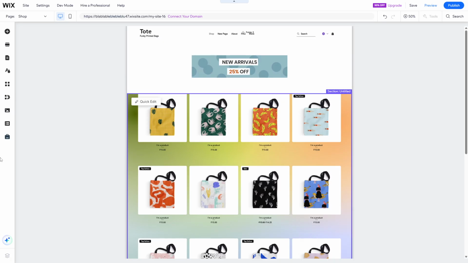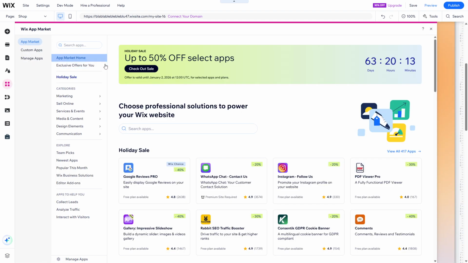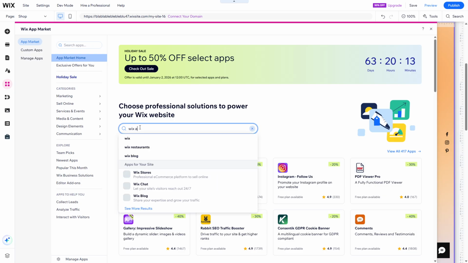Let's dive right in. To begin, you'll need to log in to your Wix account and open your site editor. Once you have your site editor open, look at the left side menu for the Add Apps icon. Clicking this will lead you to the Wix App Market, a treasure trove of applications designed to extend your site's capabilities. Here, type Wix AI Site Chat into the search bar and hit Enter. Once you spot the correct app, click on it, and then click the Add to Site button to integrate the